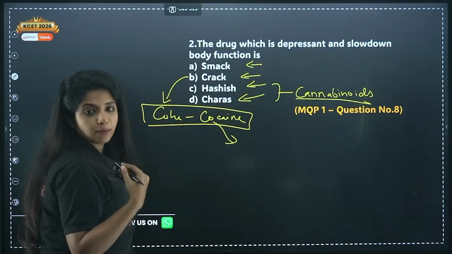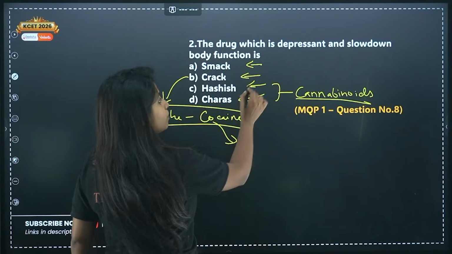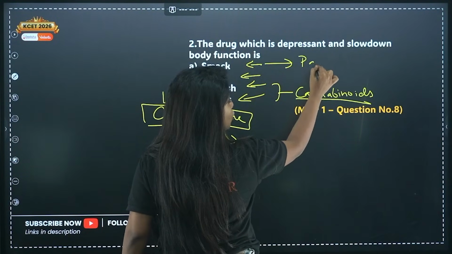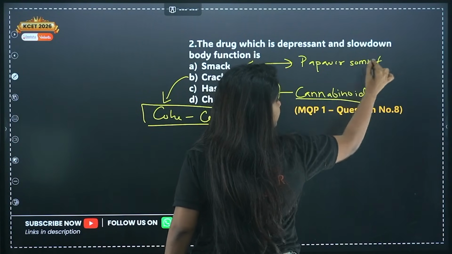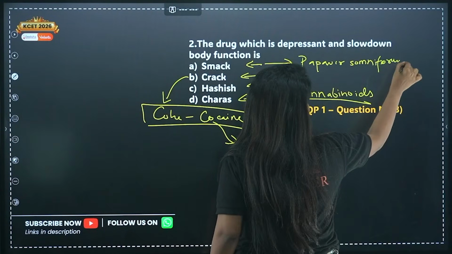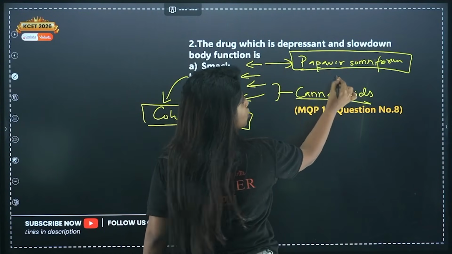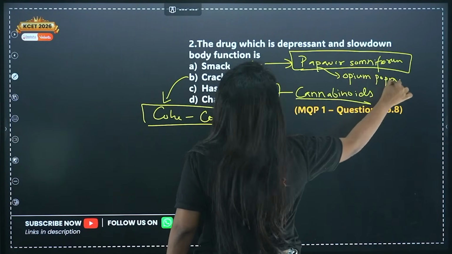So cocaine comes from Erythroxylum coca. Now smack, when you talk about it, comes from a whole different plant which you call Papaver somniferum. Have you heard about Tupperware? Okay, Tupperware bottles. Similarly, Papaver is over here. Papaver somniferum, which you also call opium poppy. This is the plant from where you get smack.